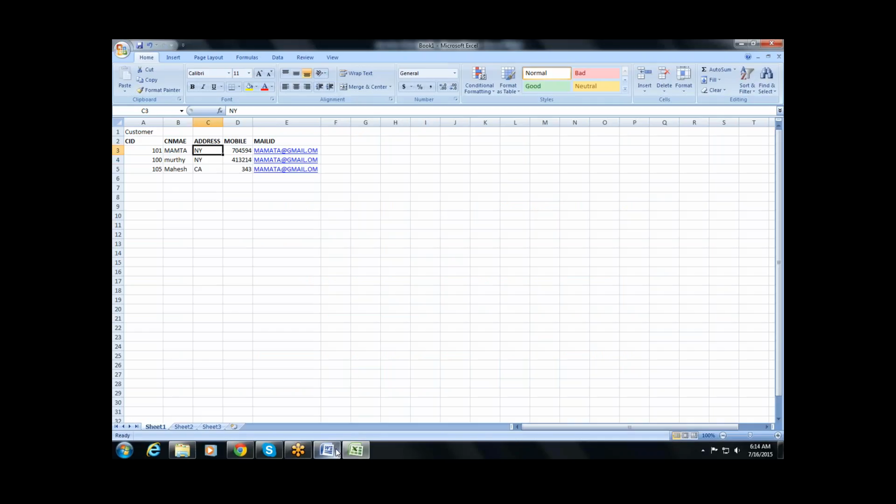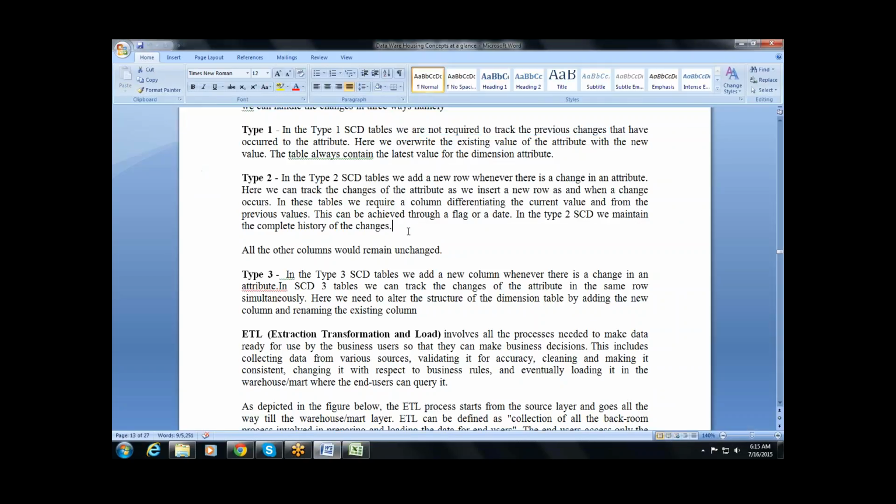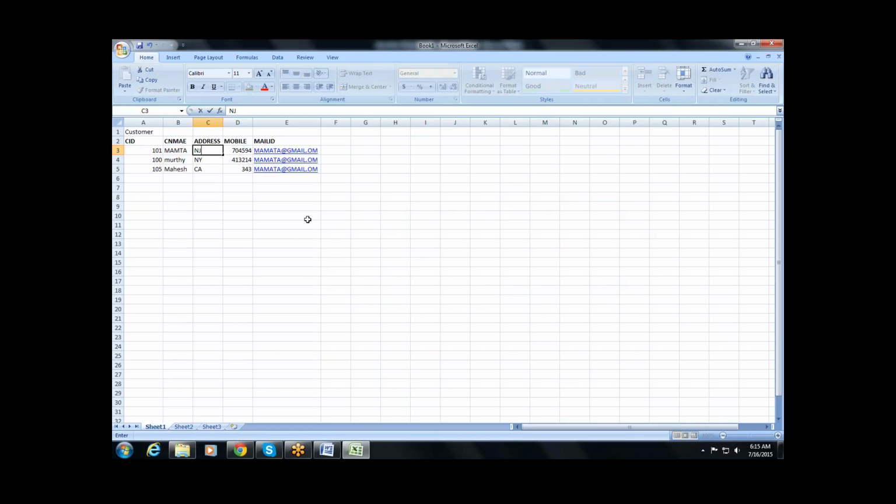Coming to type 2, instead of updating the value, what I will do in type 2 is for each change I will add a new row. Whenever there is a change, I will add a new row. So here is how I can add the new row: my original value is New Jersey, right? Now this customer changes the address from New Jersey to New York, right? So I will insert one more